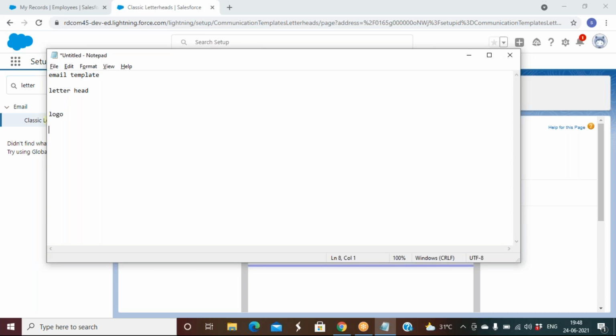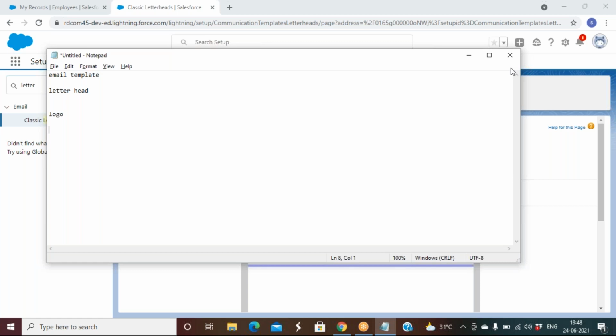It's not that every time you get a requirement, you have to create a logo. No, no, no. In this particular requirement, since I don't have any infrastructure or prerequisites, I'm going with this. Let's say you have a proper letterhead with logos and everything, then you just design the email template by using the letterhead and start writing the workflow. Let's say you have an email template in place, no need to bother about all those things, straight away start writing the workflow. Okay.